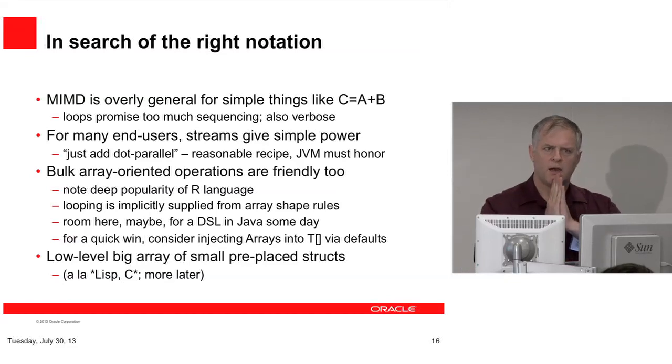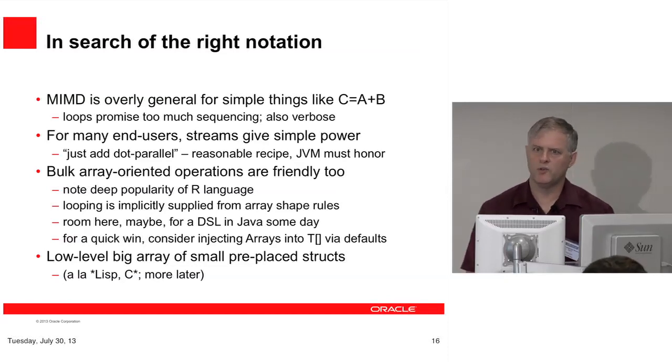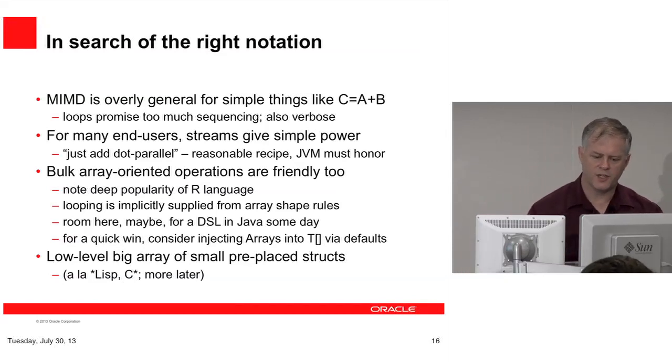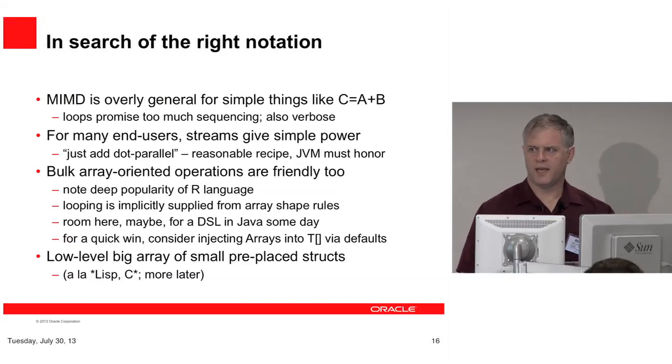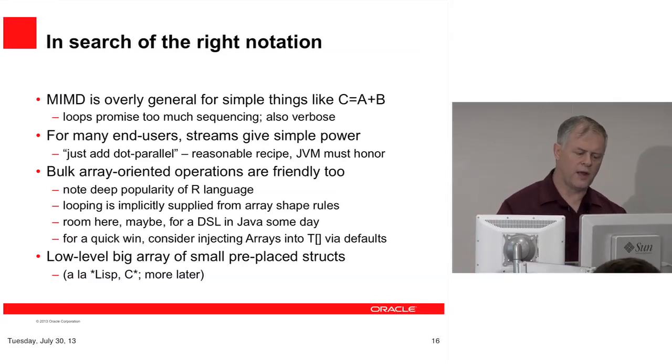MIMD is, I would say, the basic root problem with MIMD is not that it's racy. That's a symptom. The basic root problem is that it says too much. It's too powerful of a notation for simple things like take some data sets and put them together and get new data sets. And in particular, the loops that you would write in classic Java for this, they promise sequencing, and it's really hard to prove, although Cliff has some good results here, it's really hard to prove that the sequencing can be dispensed with in the name of performance.